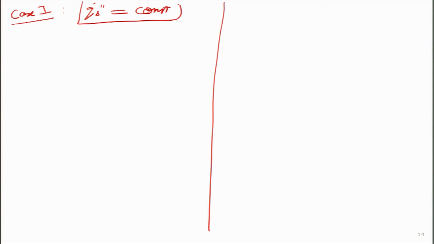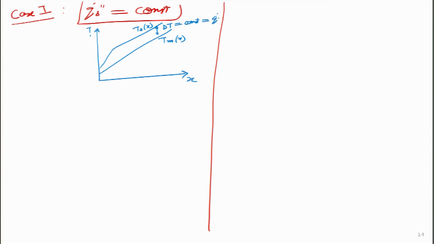So, we have the constant heat flux boundary condition, and this one, students, remember from yesterday's lecture we have already shown that for this particular case of constant heat flux, I will draw it again over here. The temperature profile goes like this: in the fully developed region, this is my Tm(x), this is the temperature of the surface Ts(x), this is temperature as a function of x, and this delta T is a constant, and it is like q dot s divided by h.